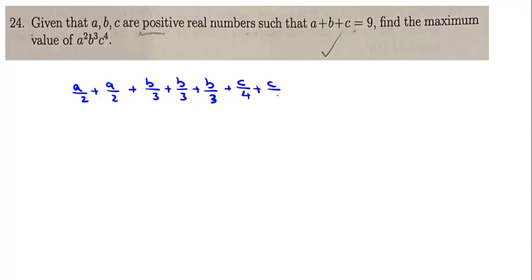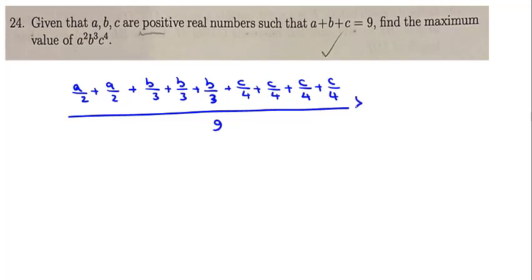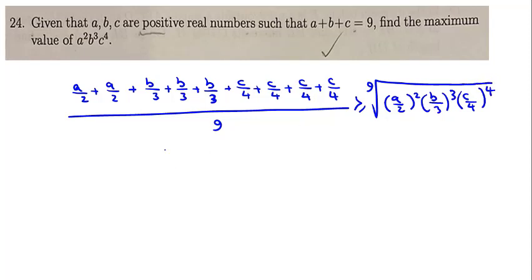Why do I write this? Because I also want to use this: plus c over 4, four c over 4s. How many numbers have I written? 2, 3, 5 plus 4, 9, greater than or equal to the ninth root of a over 2 squared, b over 3 cubed, c over 4 to the power of 4. So here it will be a over 2, a over 2, a, b, this one b, this one c, 9 over 9,